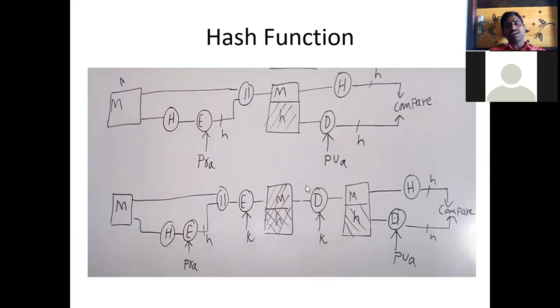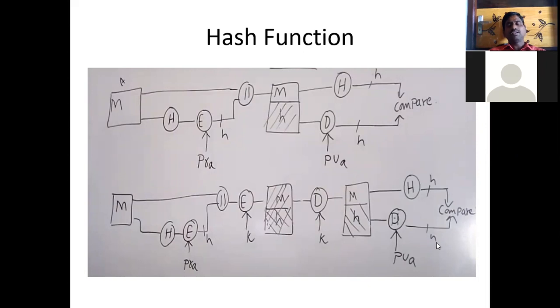Now we are performing the decryption on these two. So after performing the decryption, this encrypted M will become as M, plain text. But H, you can see you have performed the decryption only once now. So one is gone, and you have the encrypted hash code here. So again you have to perform the decryption with the public key of A.